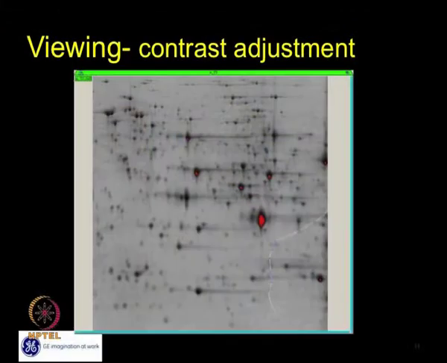Right, exactly. After setting your contrast adjustment and everything, you will see the final image like this. Still, you can see the saturation in red color. This can be removed by readjusting the contrast. The red dots indicating saturation are actually generated by the software. Yeah, exactly. The software is indicating that this contrast parameter is not suitable, not perfect, and you may need to change it a little more. But anyway, it's again for visualization. Right, it is not going to affect the image processing.